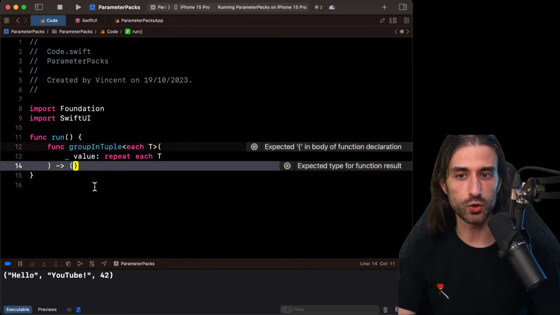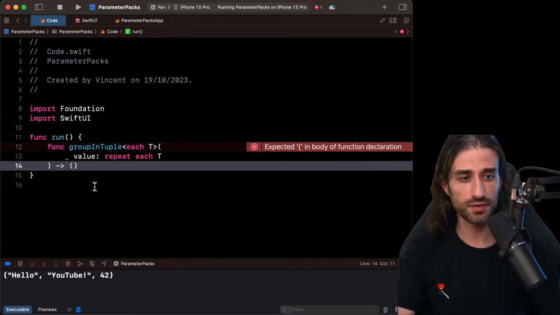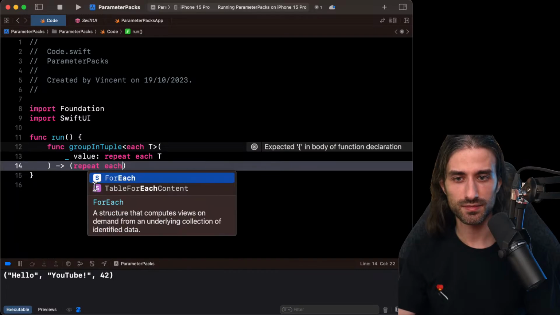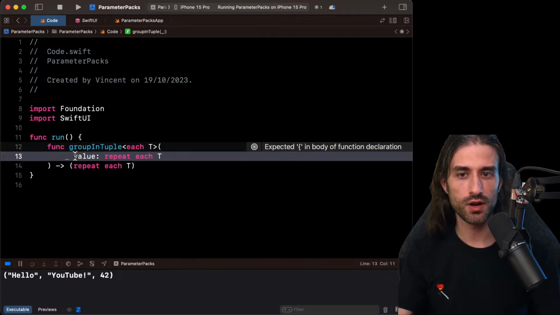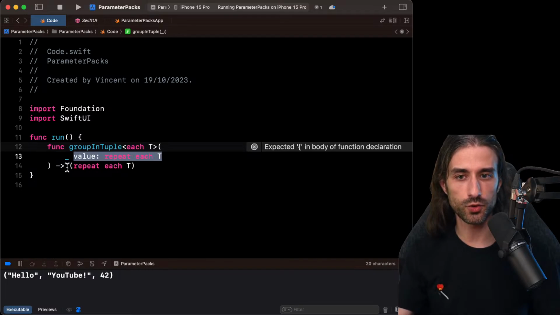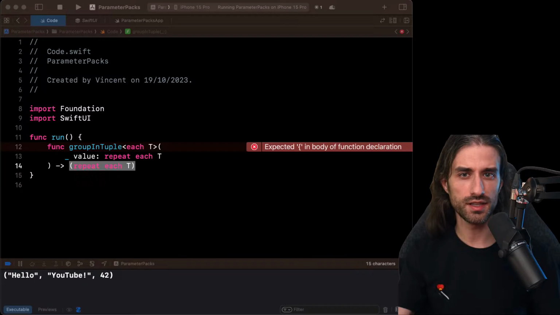And in order to have this comma-separated list of concrete types, as you can imagine, we will do a second pack expansion. So we'll do repeat each t inside the tuple. And so if I call this function with an int and a string, it will return a tuple of type int, comma, string. So a tuple whose first member is an int and second member is a string.